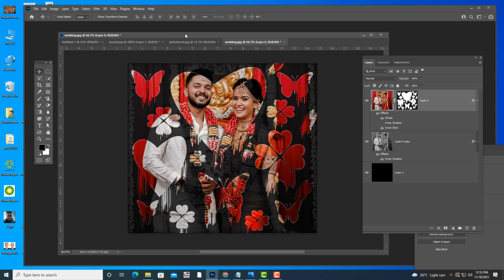And also we have used the gradient tool to see the effect of mask. So a lot of interesting things you can do. And don't think that we have completed mask means we will not use it again. We will be using mask again in the upcoming examples like photo manipulation, matte painting, and some more interesting things we are going to start. At that time again we are going to use mask.